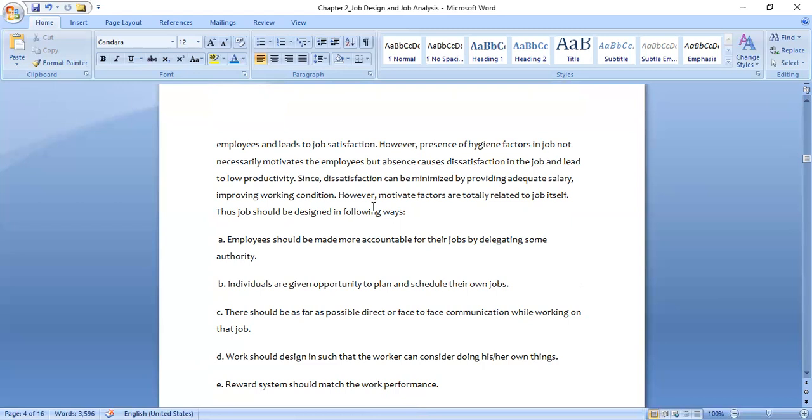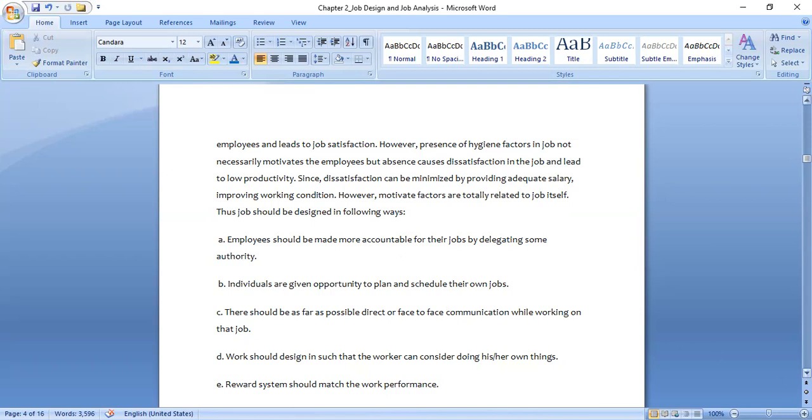So in the motivator factors, the job should be designed in the following ways. Number one is that the employees should be made accountable for their jobs by delegating some authority. So if these employees feel they have some level of authority over their jobs, of course they have